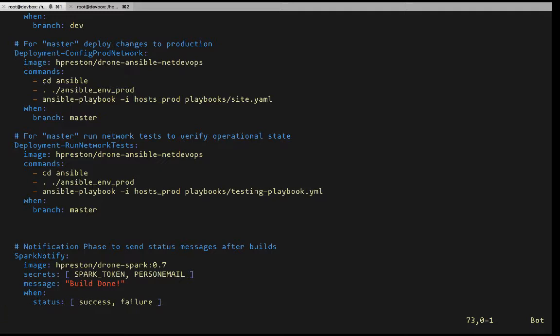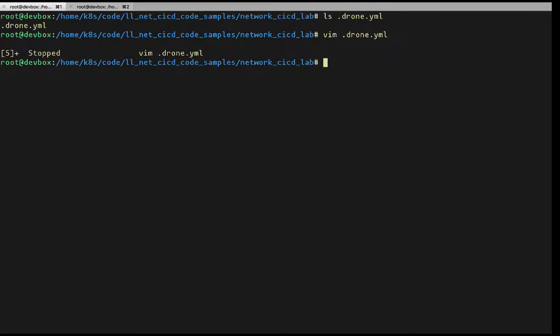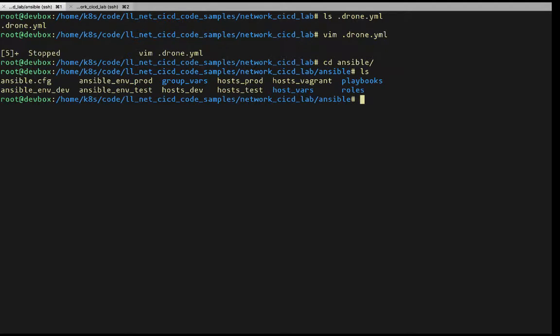And we would also be using the inventory that would point us to those IP addresses. So you can see now that the inventory dash I is pointing to host_prod, where previously it was pointing to host_test. So those were the IP addresses of CSR 1KB 1 and 2, and now we're pointing to 3 and 4. Lastly, we'll see a notification of the successful completion of the master branch and deployment into production in our WebEx